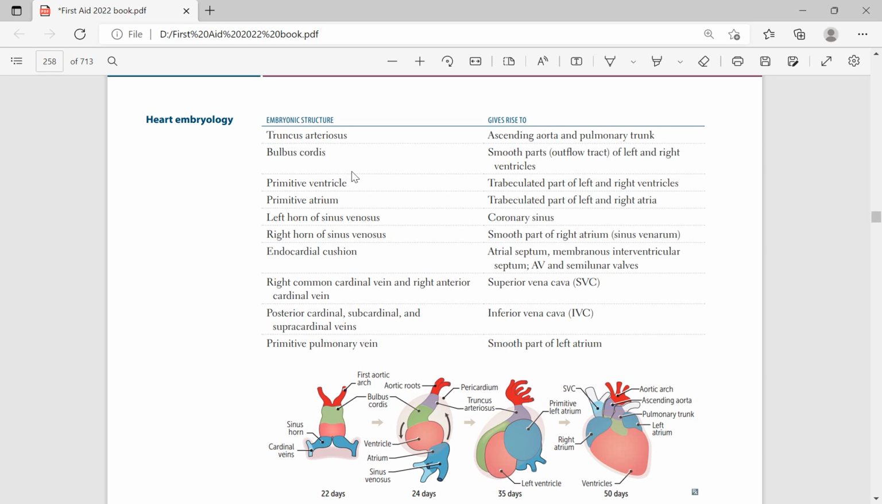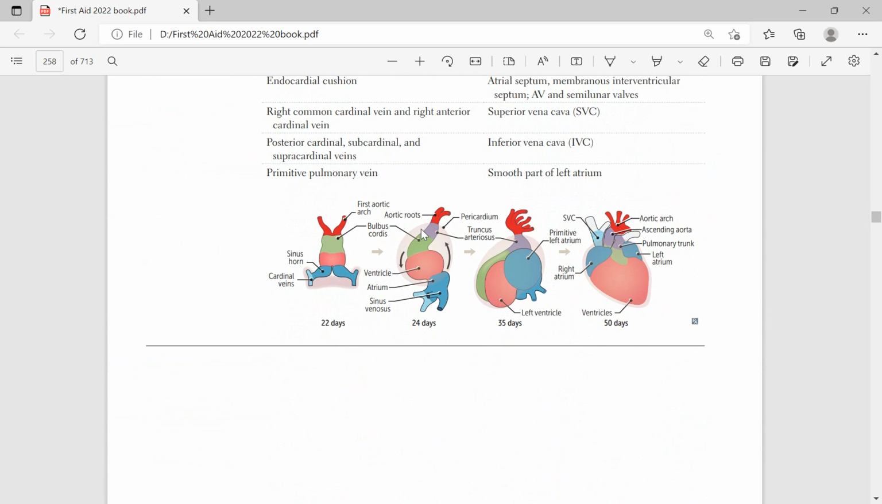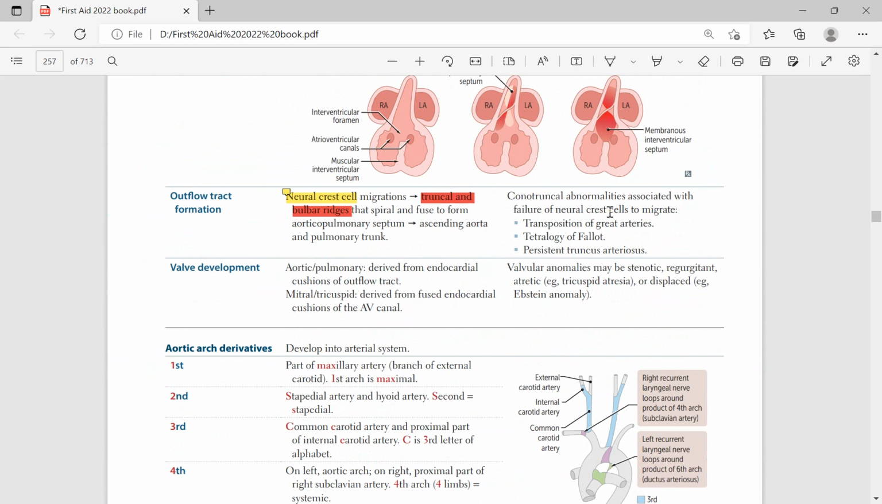So, in the bulbus cordis and truncus arteriosus, neural crest cell migration occurs that spiral and fuse to form the aorticopulmonary septum, dividing both of these. Conotruncal abnormalities are associated with failure of neural crest cells to migrate. What are conotruncal abnormalities? This is the truncus arteriosus, this is the bulbus cordis. If neural crest cells fail to migrate here,